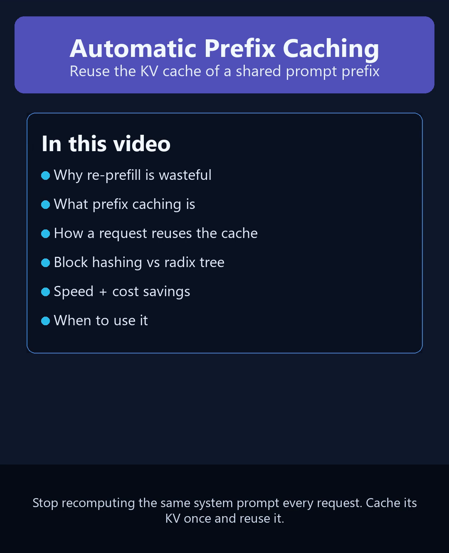Every chatbot request usually repeats the same long system prompt, the same tool definitions, the same few shot examples. Recomputing those identical tokens for every request wastes GPU time and money. Automatic prefix caching fixes that. It stores the key value cache of a shared prefix once, then reuses it for any future request that starts